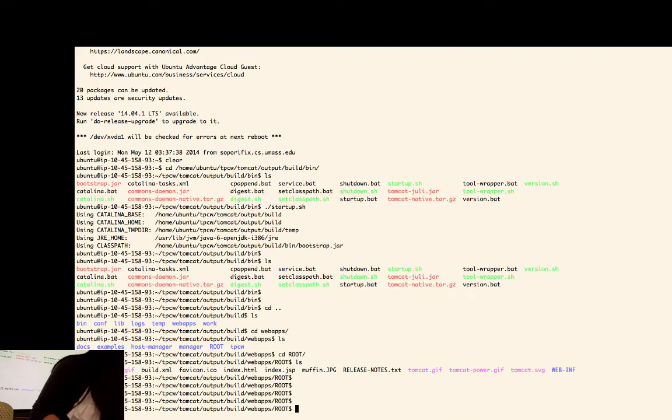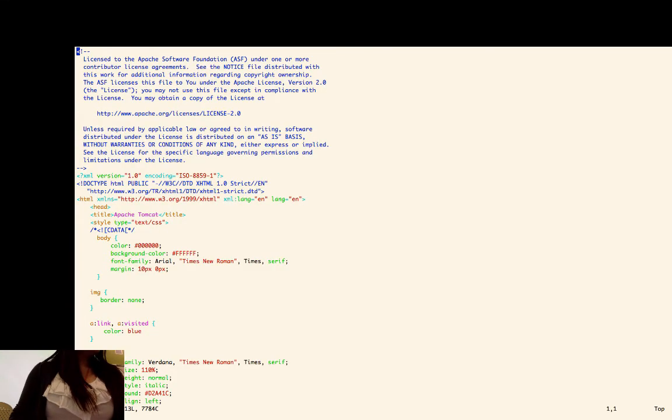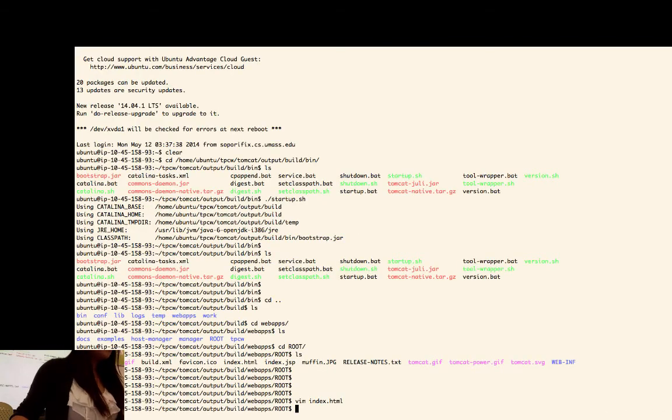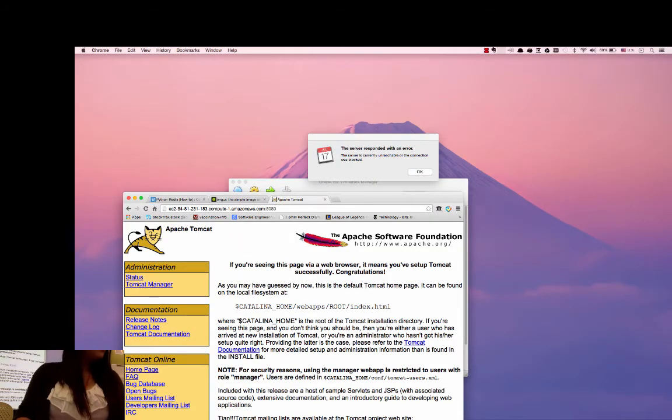So there's Muffin's pictures up and running, and then we're going to go inside this. We're going to change one of the pictures to Muffin's picture. If you don't know how to do this, you probably should make a copy of this, but for time's sake, we're not going to make a copy of that.